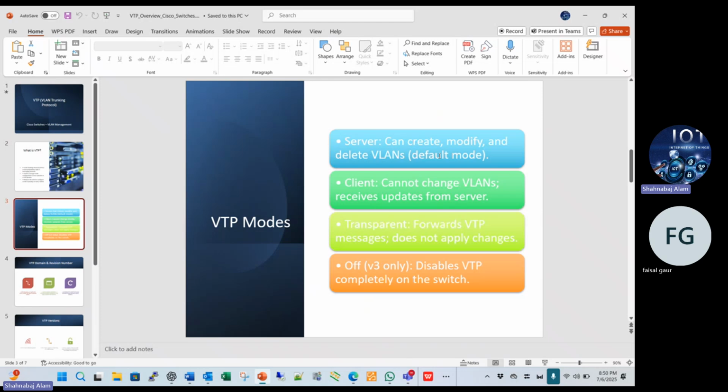This is the default mode. I will show you on Cisco Packet Tracer: on every switch you will see the VTP mode is the default. But if we create the VTP mode, at that time we can define the clients, transparent and